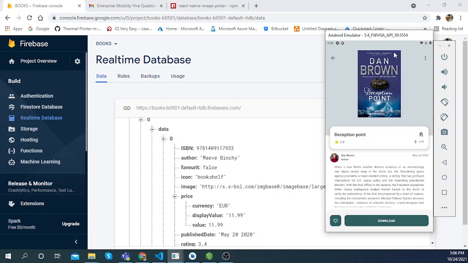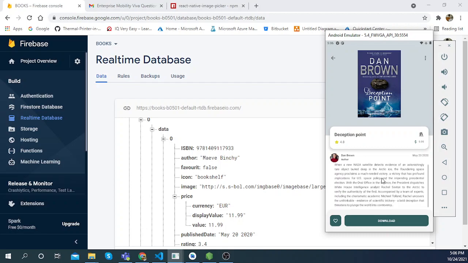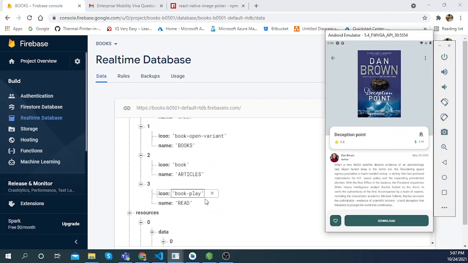You can see the image of the book here, and the title, and the ratings, and who the author is and the published date, and some additional details about this book. At the bottom of the screen you can see two buttons, download and add favorite. When you click on this add favorite button, what will happen? It will create a